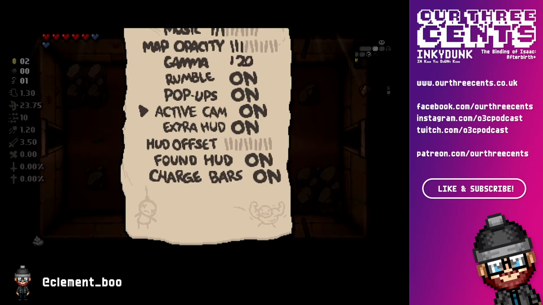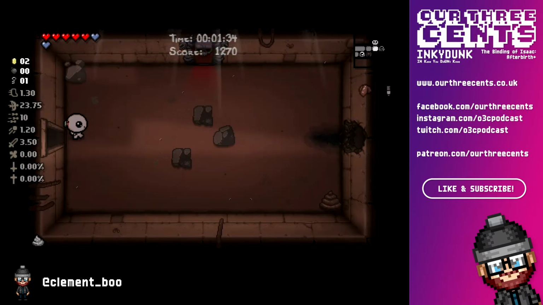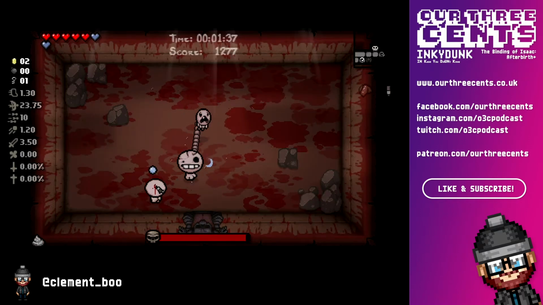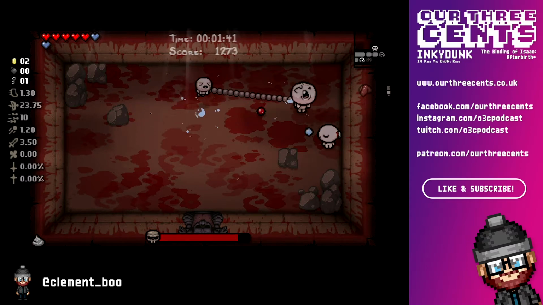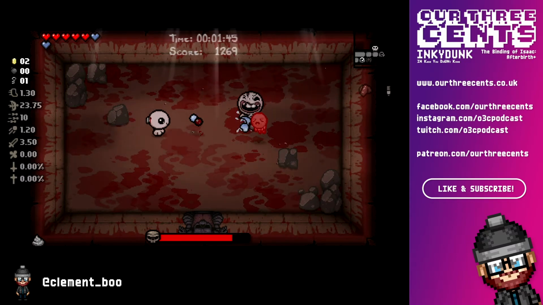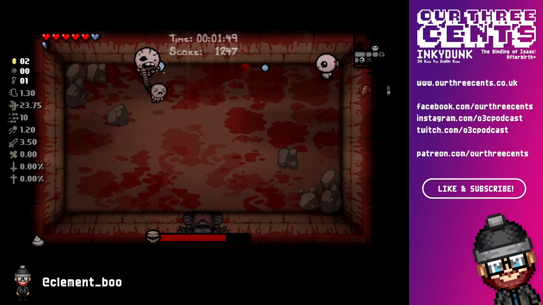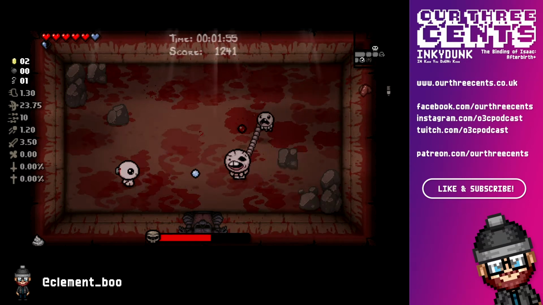Sticking the extra HUD on and the found items list so I can keep track of what we've got here, and we're fighting Gemini. Gemini is fairly easy, just walk backwards, keep shooting, try and keep a little bit of cover between you and the baby because it has a ranged attack, but once it gets down to about half,